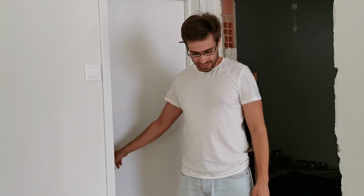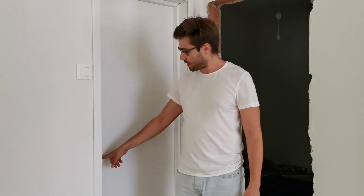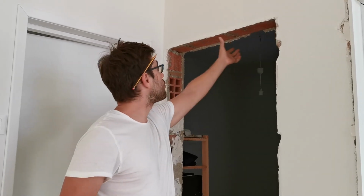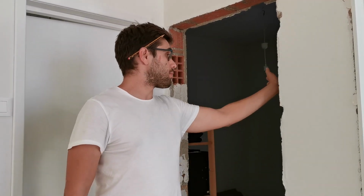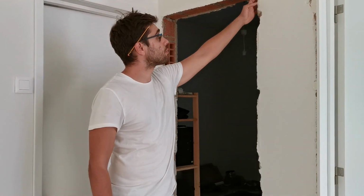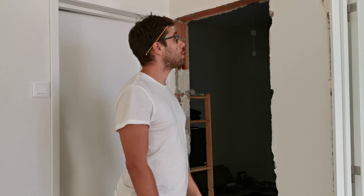But yeah, the doors work. That's the good part of it, at least for now. Let's see how long they last. We don't have the door handles yet, so we need to get them. But yeah, it's been a struggle basically. In the process, the first one that we did, we managed to ruin one of the wooden boards for the frame, the top one. So we're not going to be able to put this door in this weekend. Well, we wouldn't have had time anyway, but we need to get another board for here because it was the first one that we cut, and when we cut it, we messed up. So yeah, it's not easy to install doors,